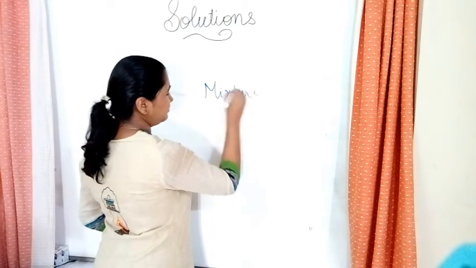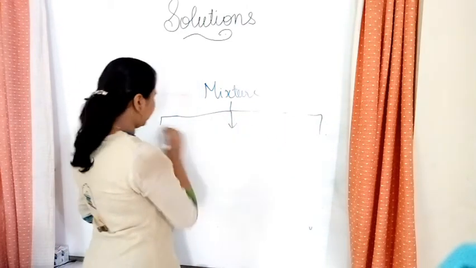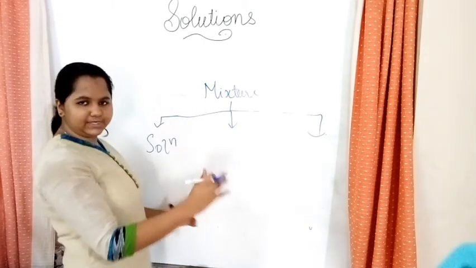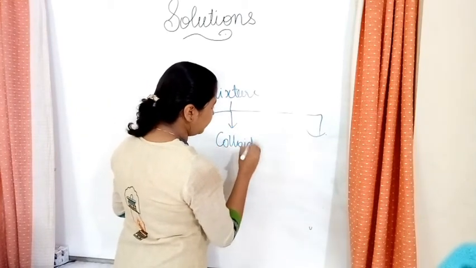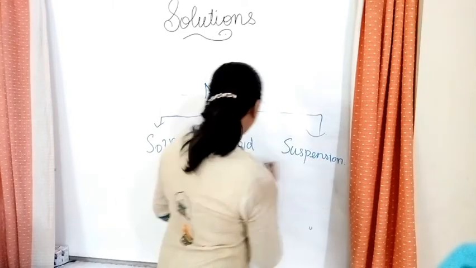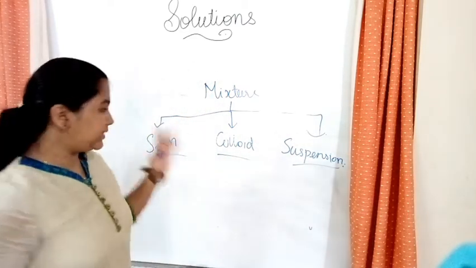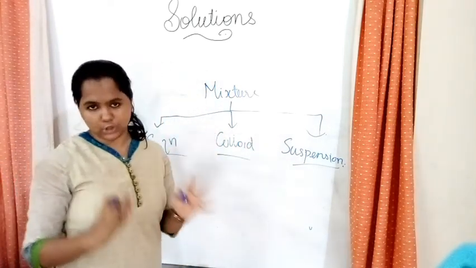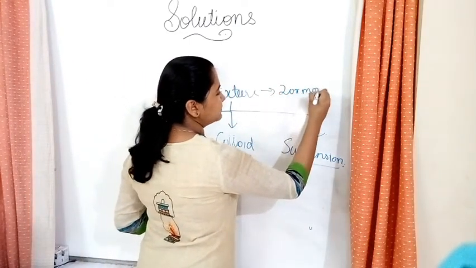So now let's learn about the different kinds of mixture. We learned about the types of mixture in our lower class. I hope you know the classifications. The first one is our solution. Our chapter is based on solution. The next one is colloid. The last one is suspension. I hope you remember all these terms. What is the difference between solutions, colloids and suspensions? All of these have different components. I said they are mixtures, so mixtures should have 2 or more components. Am I right?